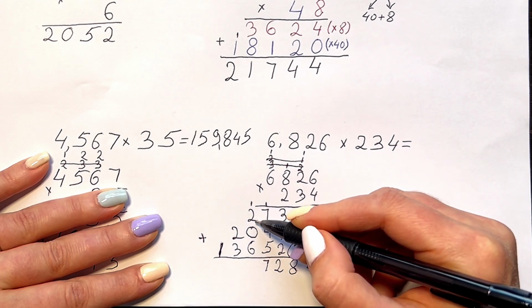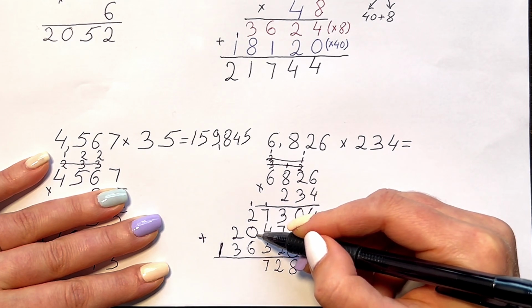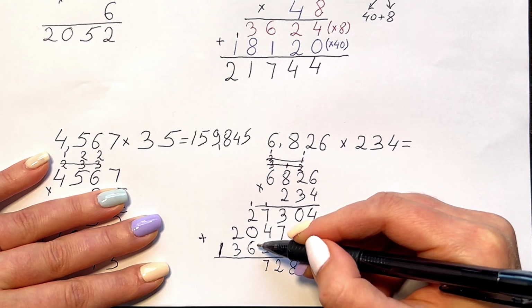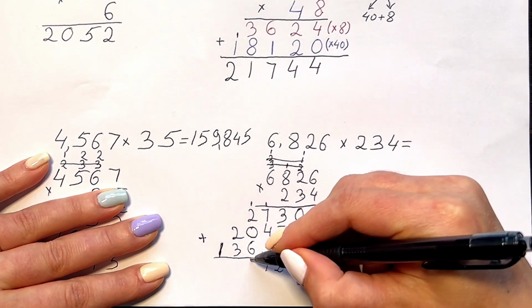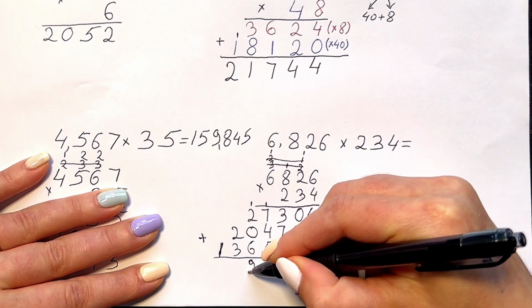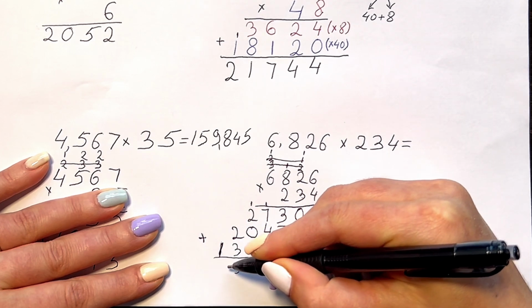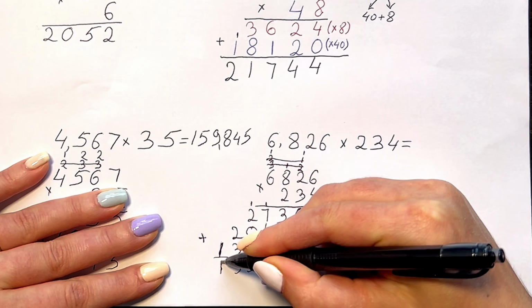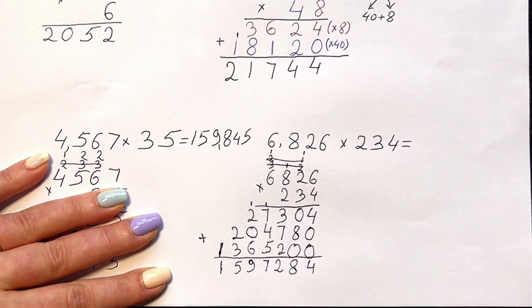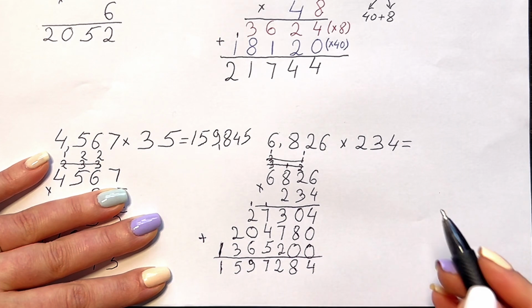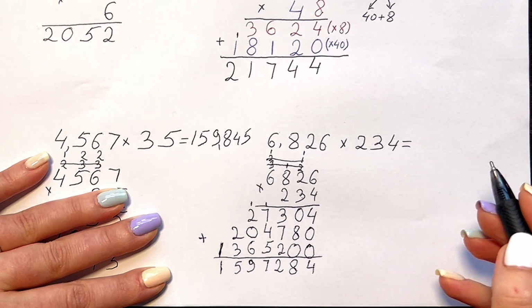1 plus 2 is 3. 3 plus 0 is 3. Plus 6 is 9. I'm going to put the 9. And 2 plus 3 is 5. And I'm going to bring down the 1. So 6,826 times 234 is equal to